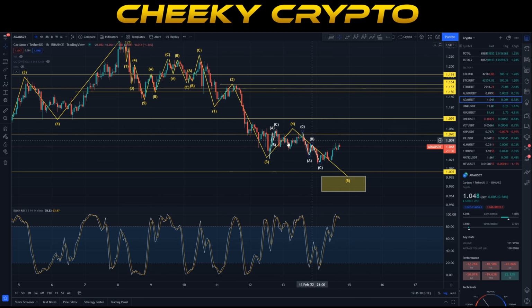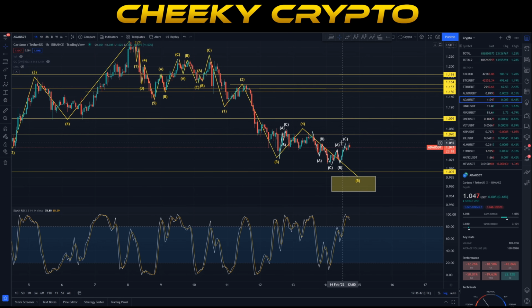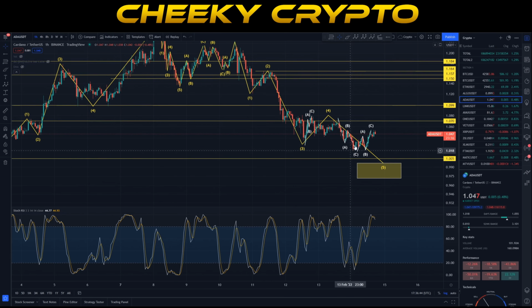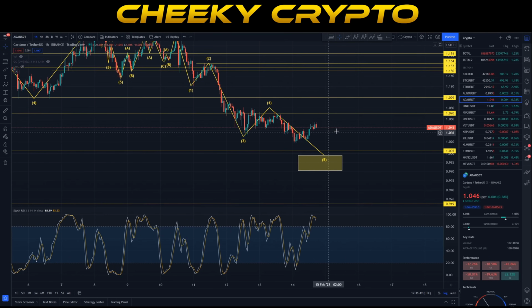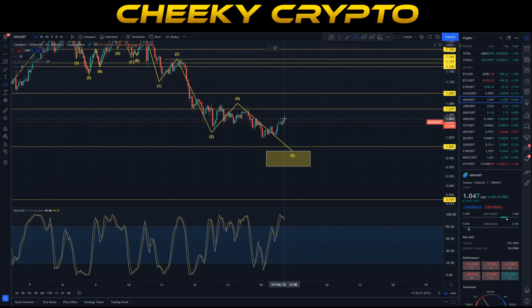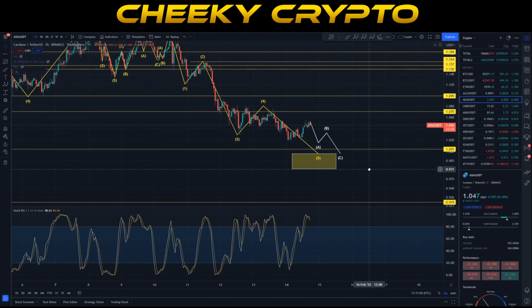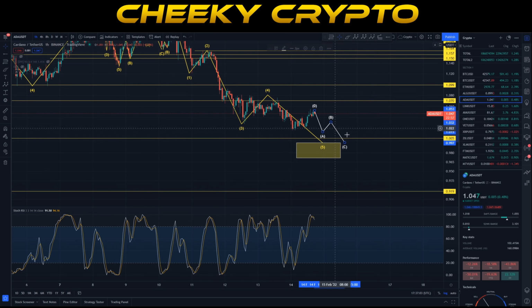Okay, so effectively there's lots of choppy moves. It's almost easier not to draw them up this way, and it's easier to really focus in on the bigger move. But obviously here we have the A, B, and C move up. This actually then takes us up into another little local top just here at 105, and I'll remove these so we can actually see the bigger picture, which is really important, that we are likely to see a smaller ABC to the downside now, that will take us right into this final fifth wave low. And if I actually just move that, there'll be a bit of a push in the middle here, usually with a definitive B wave, and then we end up with that final fifth wave.